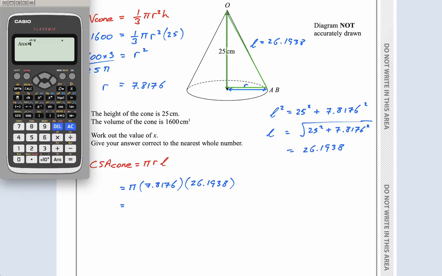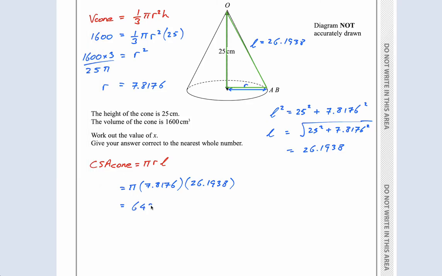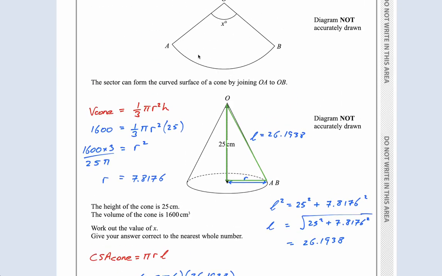So this times 7.8176 times pi, which is here, is 643.312. Okay, that's the curved surface area of the cone, but that means that's also the area of the sector,